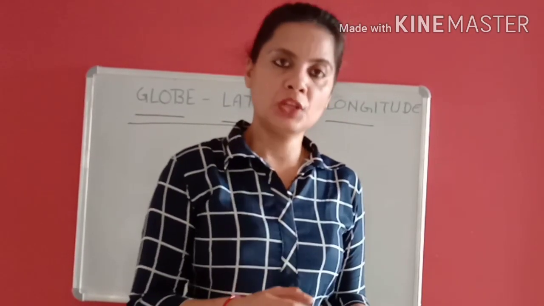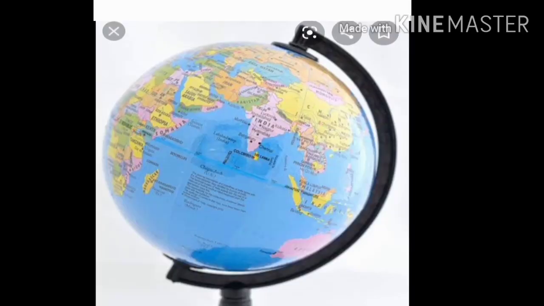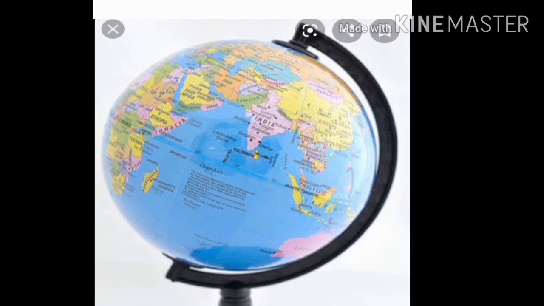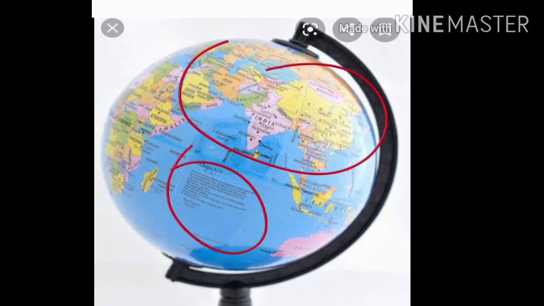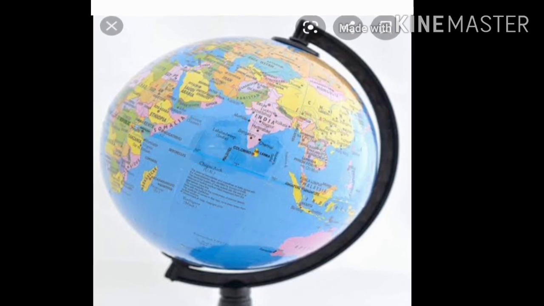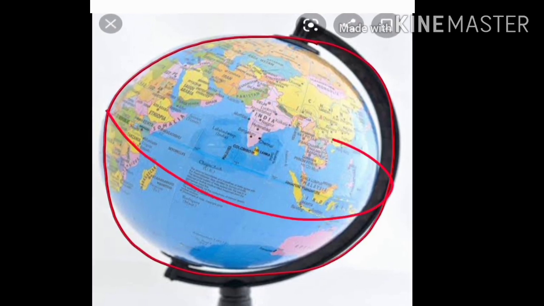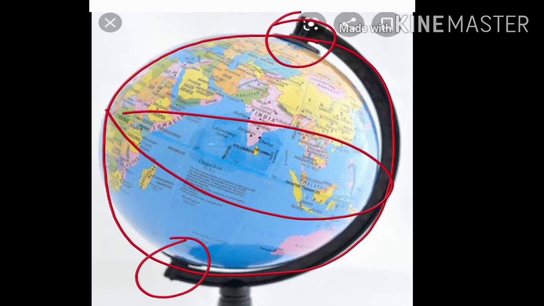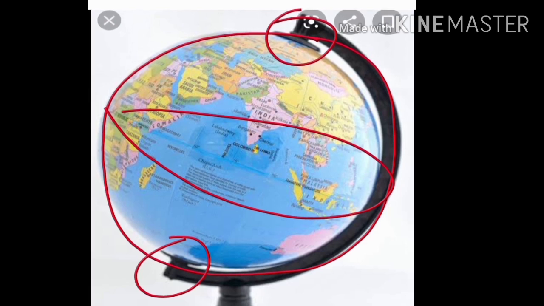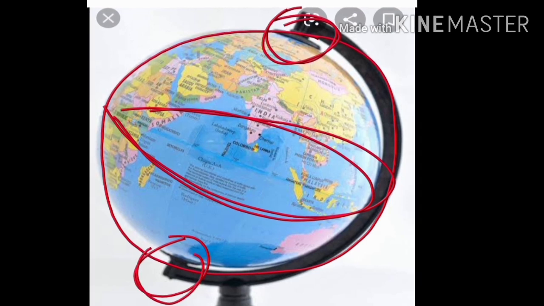Now I am going to show you a picture of globe. With the help of this you can better understand about the globe. This is the picture of a globe through which you can see globe is a graphical representation of the earth on which oceans, continents and countries are shown in their real shape. With the help of this you can see earth is not a complete circle. It is bulged at the center and flattened at the top and bottom. This shape of the earth is known as spheroid or geoid. So the meaning of spheroid is bulged at the center and a little bit flattened at the top and bottom.